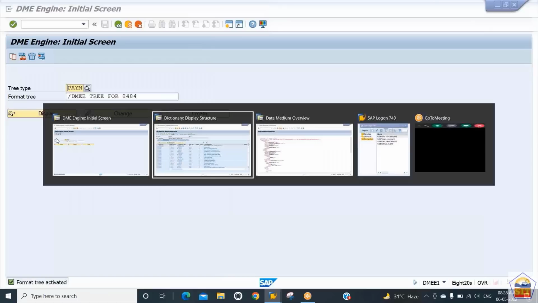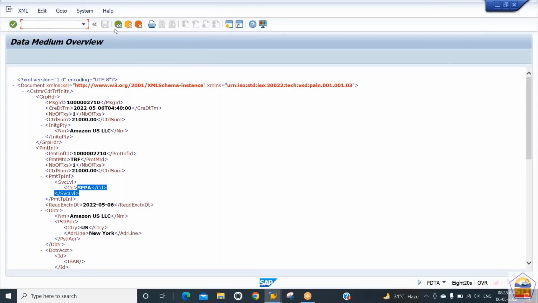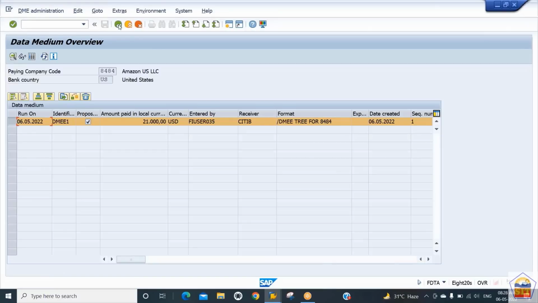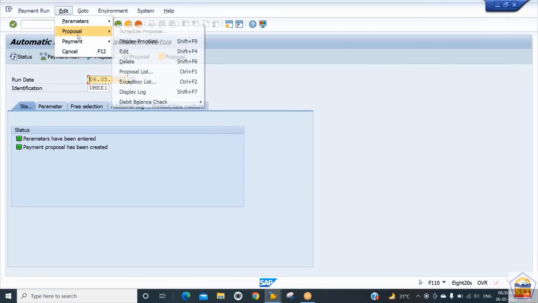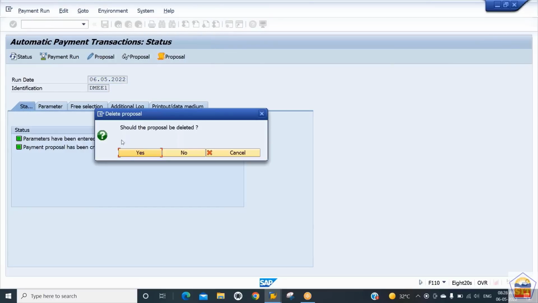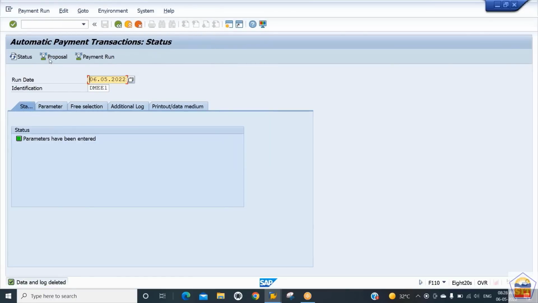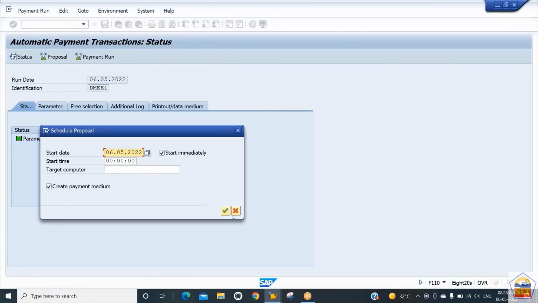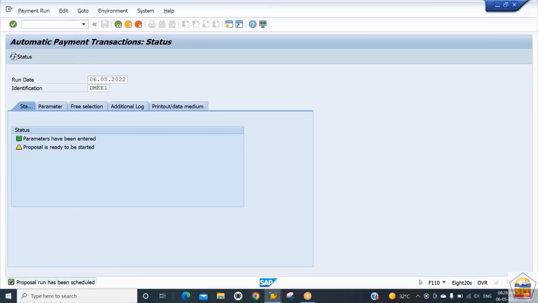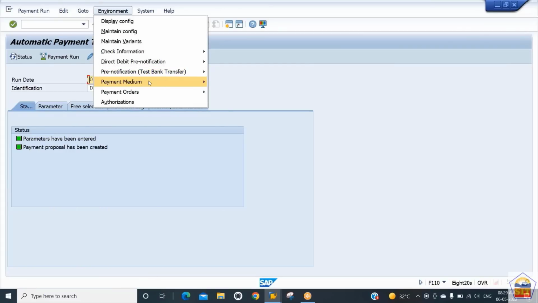Now we can see next time when we generate this output file, whether the system is taking the bank information for our vendor or not. For that, once again we can create the proposal. Here I'm going to delete this proposal and recreate it. Click on the proposal, recreate this proposal, and this time we are expecting in the DME file that bank information